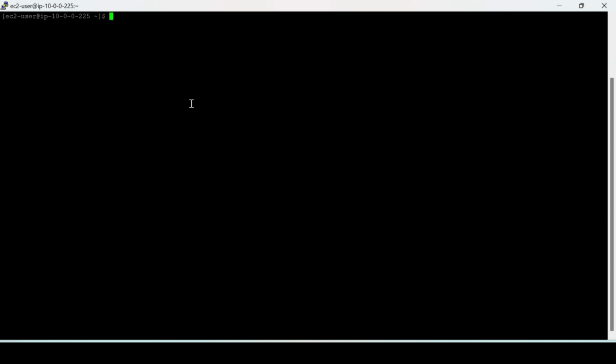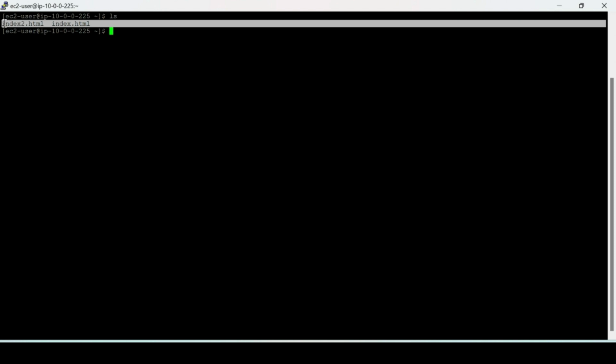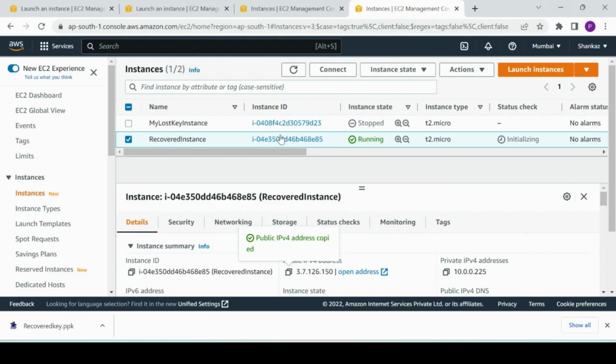Now, what I'll first check is ls. You can see that I have two files here. At this point, it is the same system with the same data. The only change here is we now have a different IP. We now have a new instance with the same data and the same software. Everything is the same, like we launched it using the image of the